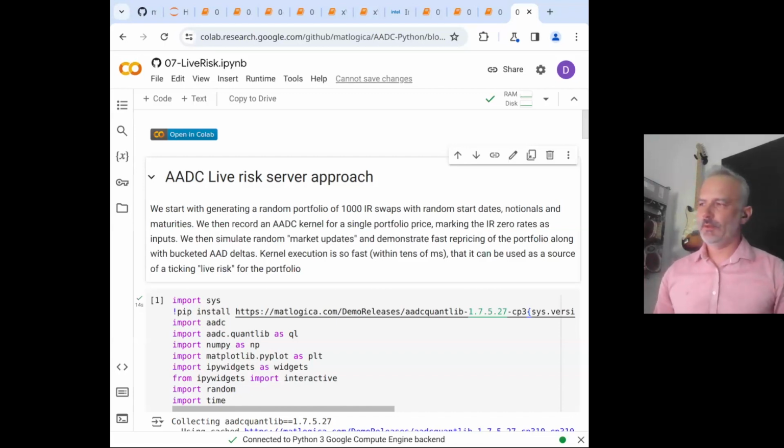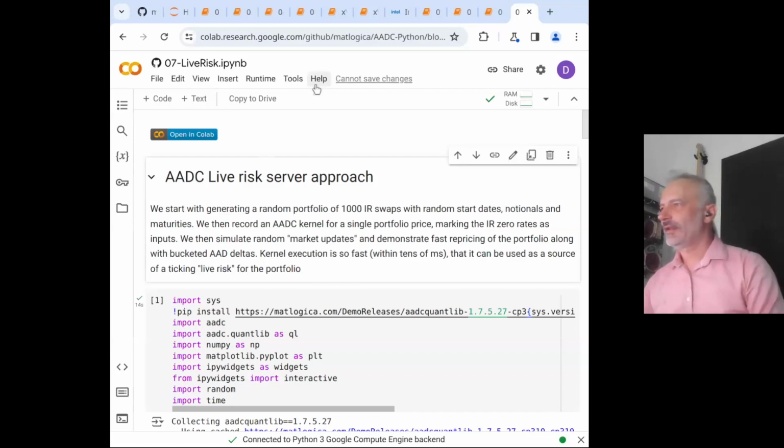So if you want to see your portfolio of vanilla swaps, swaptions, etc., updated quickly intraday, this is what live risk is for. You can record your calculations and run them intraday for just one-off calculations, but this one-off comes to you with risk as well, right?